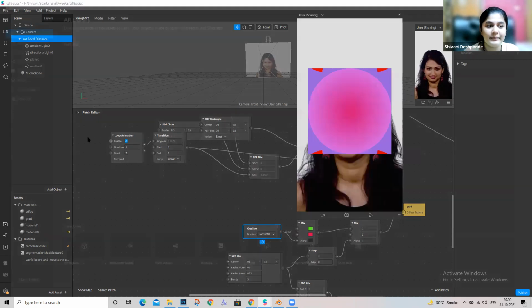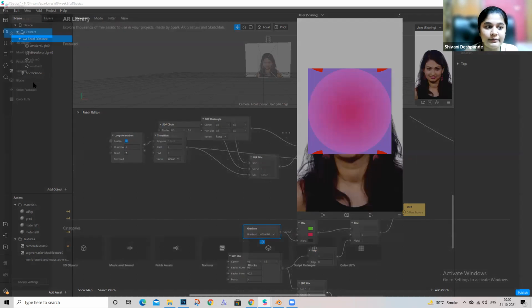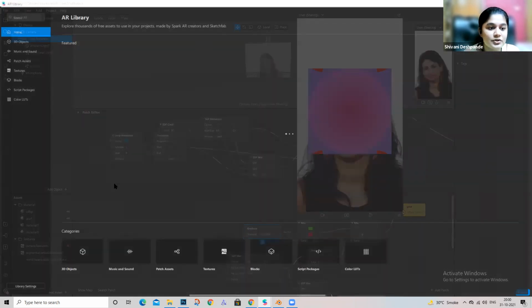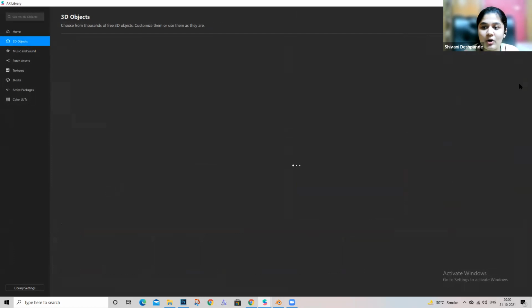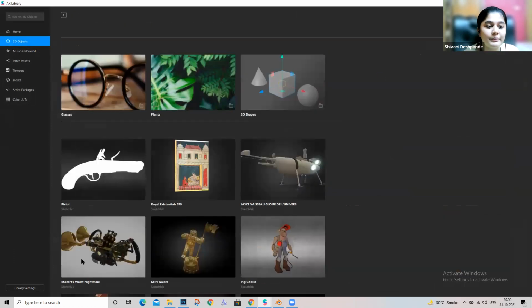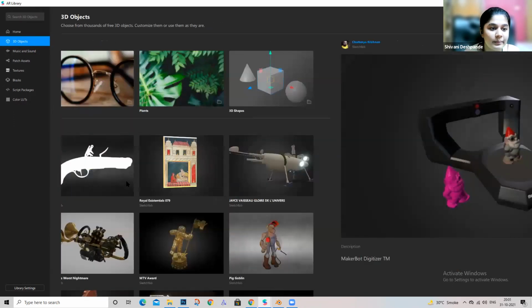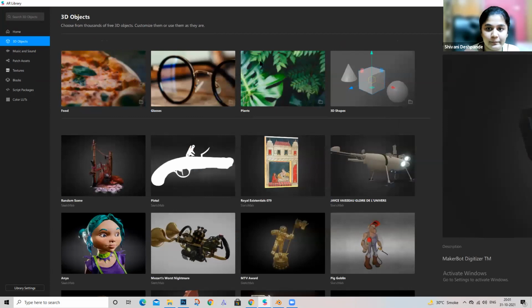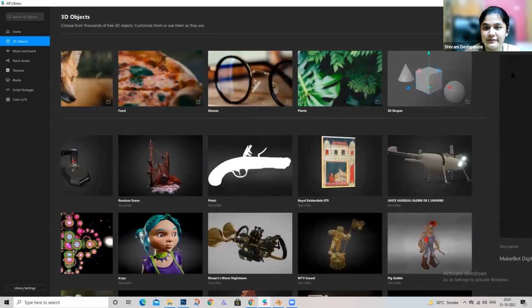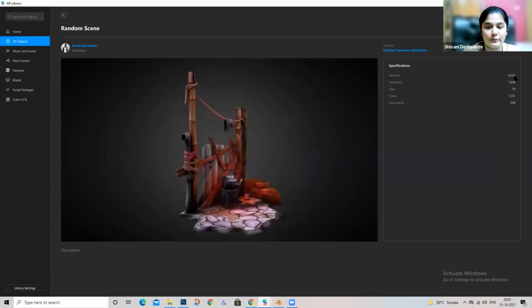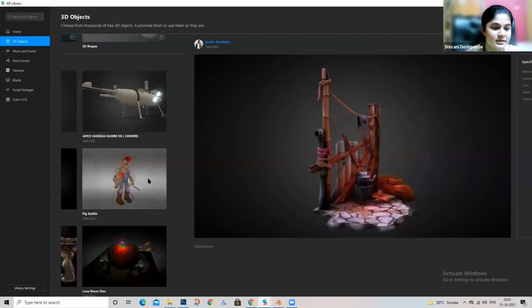For example, if you look at the 3D models here in the AR library and check their file size, all of them are pretty small. Look at the vertices, they are very few compared to the elaborate ones. This one has only 4000 vertices. That's very small, a very small size.